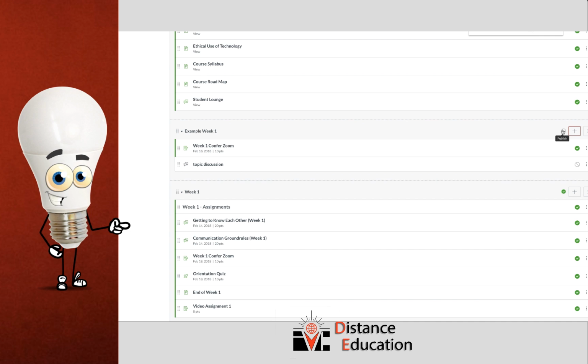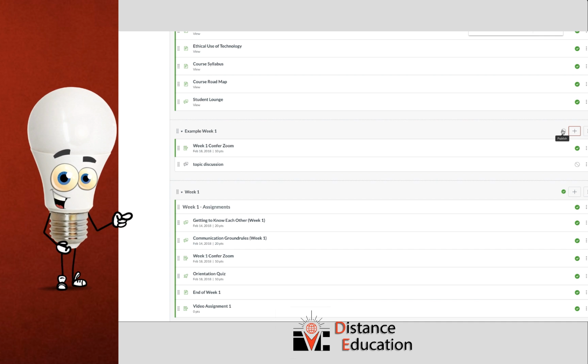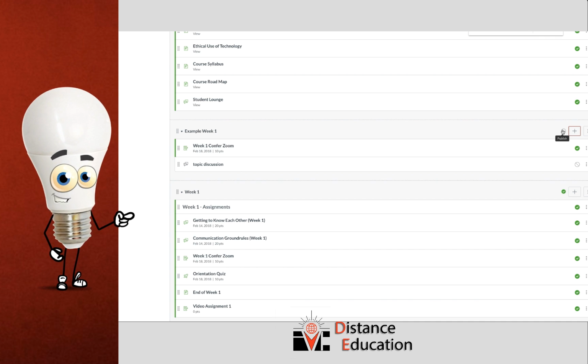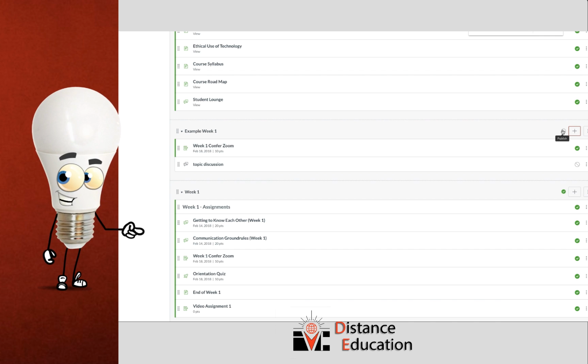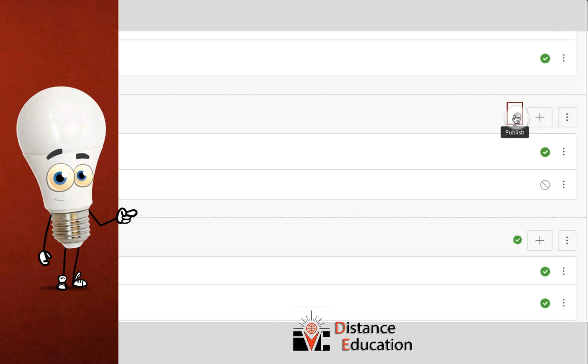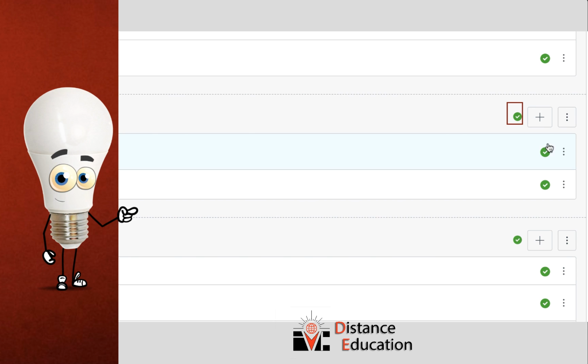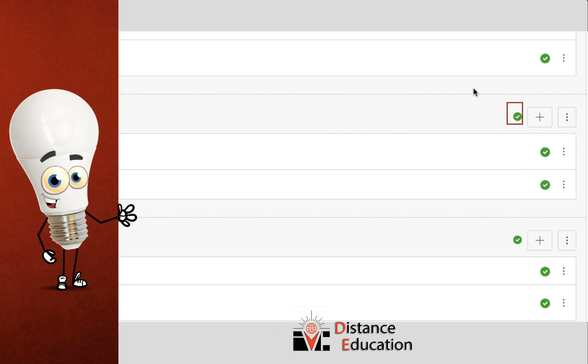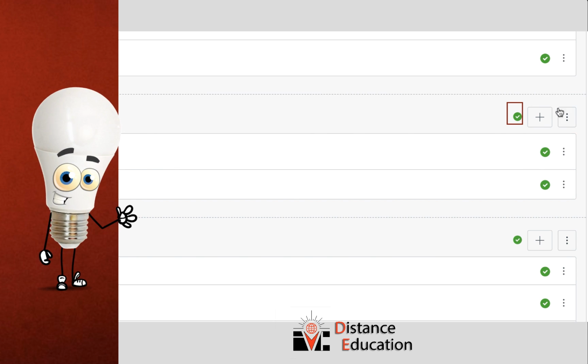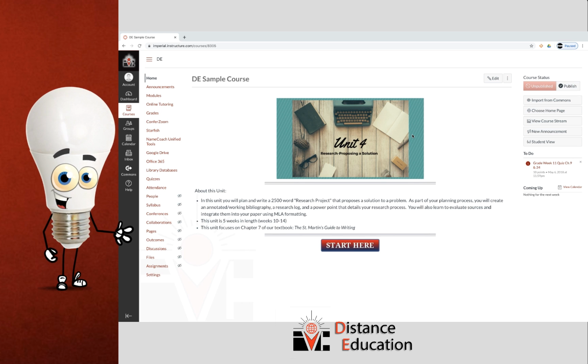The last step is to make sure that both your module is published as well as your content. To publish a module and content, simply click on the crossed out circle when you see a green check mark. That means that the content is published and is now visible to your students. If you need help creating content such as assignments, quizzes, or discussions, please see the other video tutorials that will